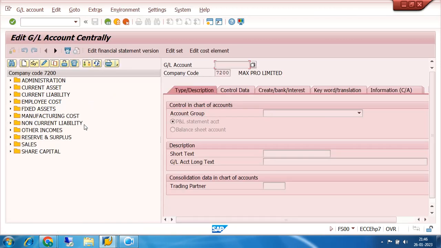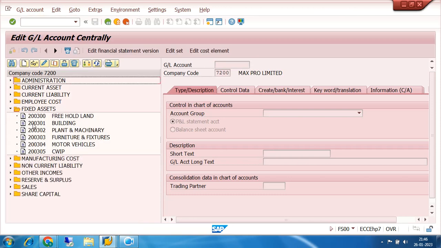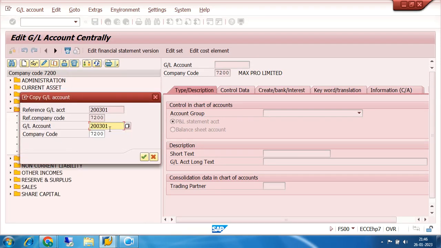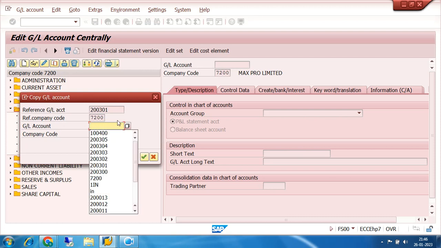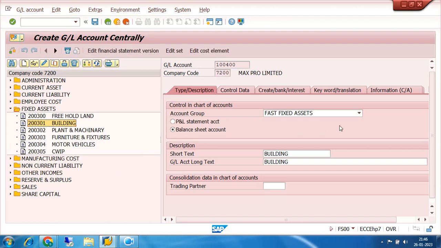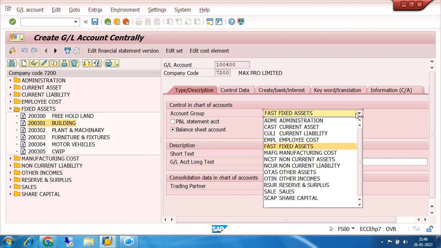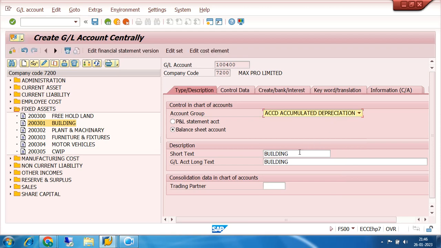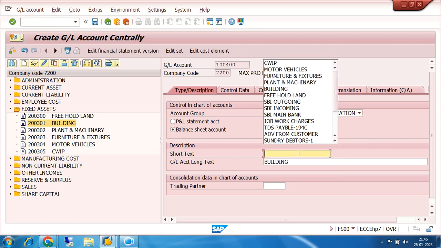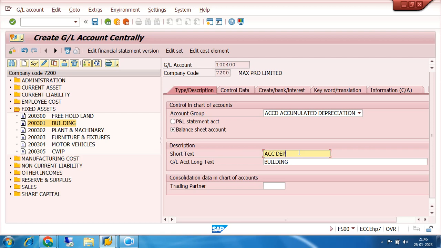Okay, fine. So I have to copy it from building. Copy it. Now it is 100400, first one. Continue. Where is accumulated depreciation? I have created, yes, this one, accumulated depreciation. So select here accumulated depreciation hyphen building, and here in the long text